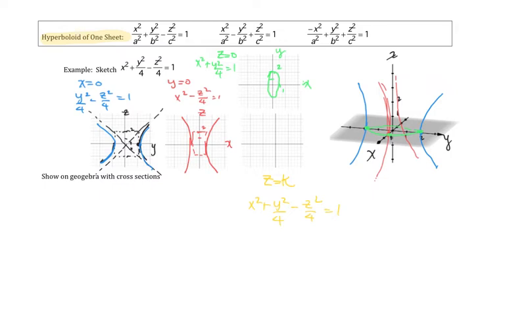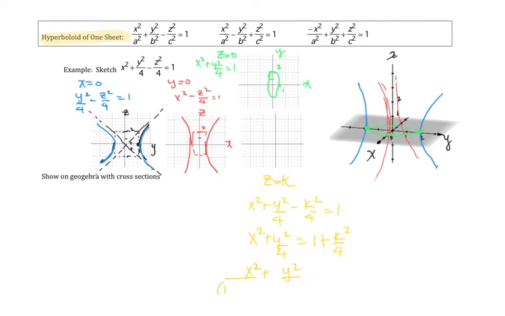Let's see if that's the case. So z equals a constant. I get x squared plus y squared over 4 equals 1 plus k squared over 4. This is a positive number. So I get the sum of squares as a positive number. That's going to be an ellipse. If I put it in standard form,